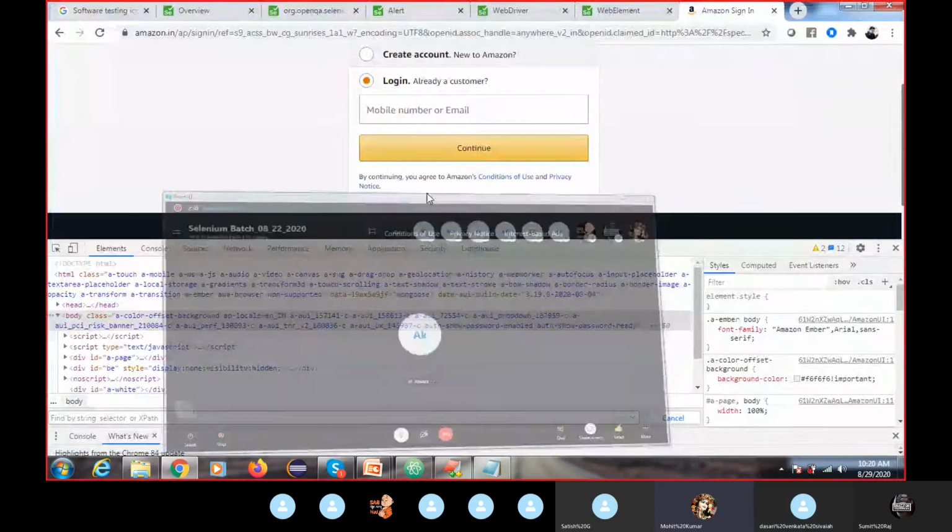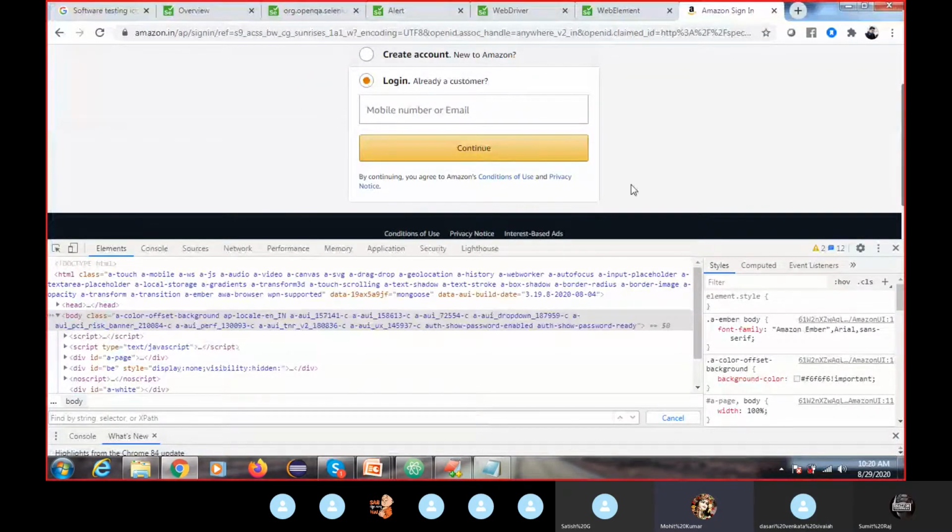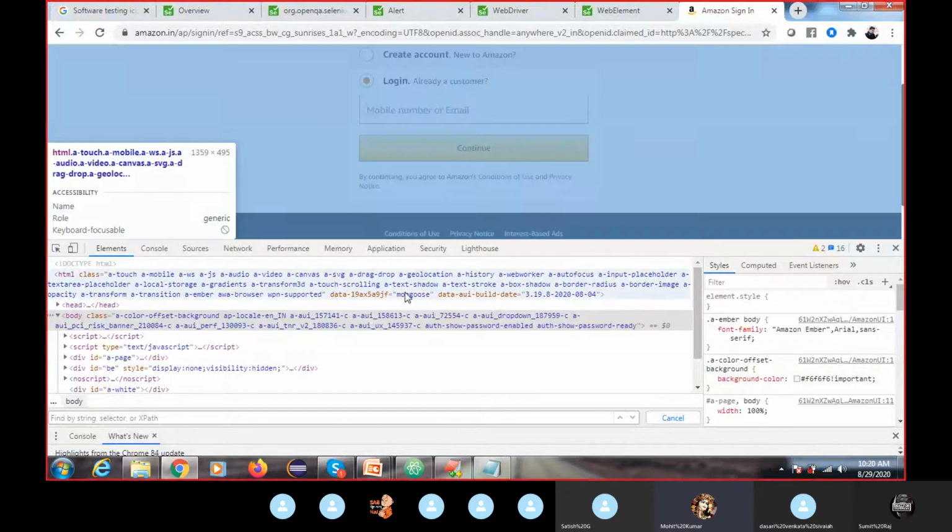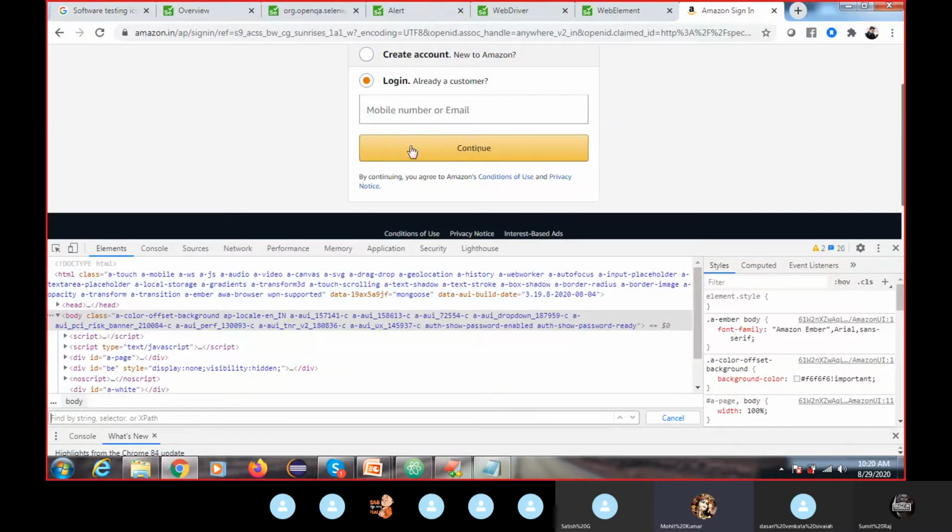So you have to validate this application. For writing the code to interact with this HTML, we have multiple locators. I will share the previous recording with the people who missed the classes. But just try to understand what I'm going to tell you.